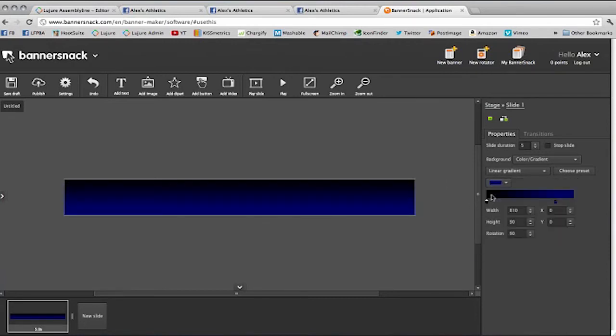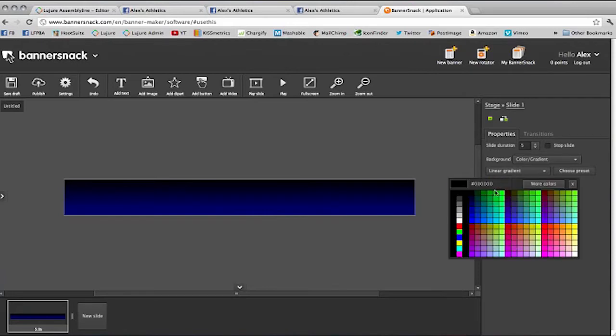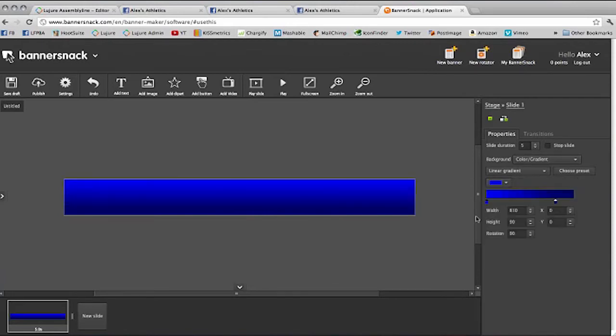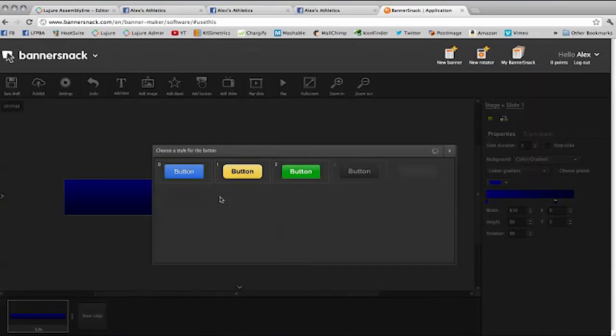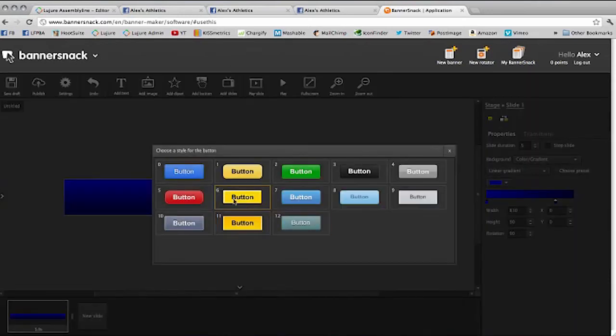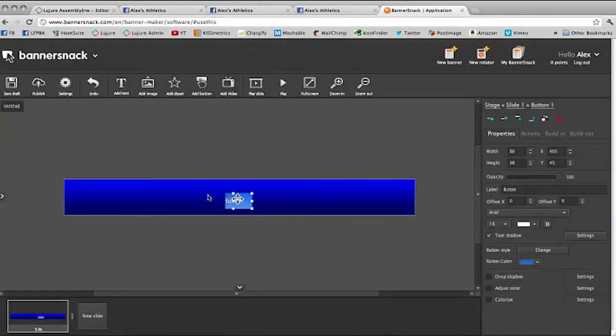We'll do a dark blue to a lighter blue. So there's a very simple gradient, and from here we're going to start adding buttons. I'm going to click add button, and we'll use these light blue buttons,